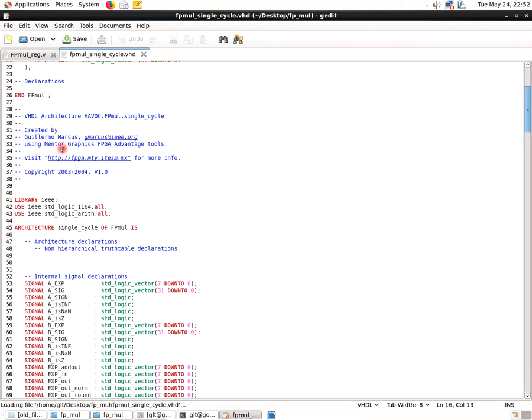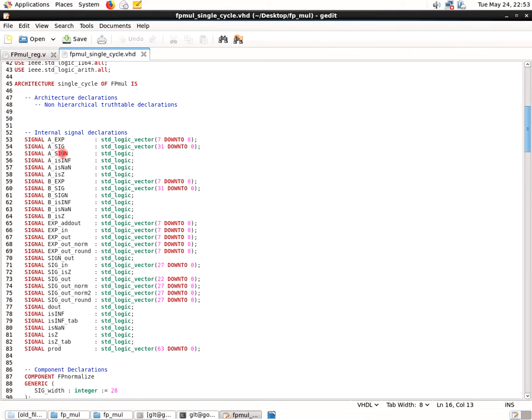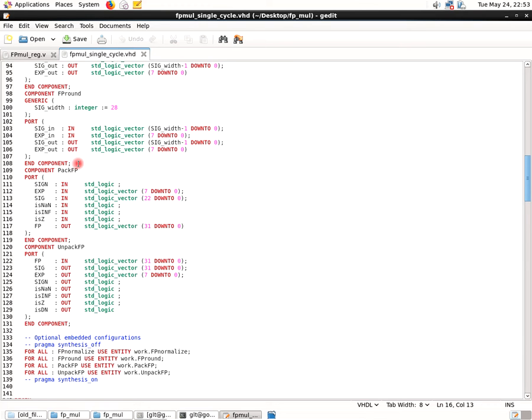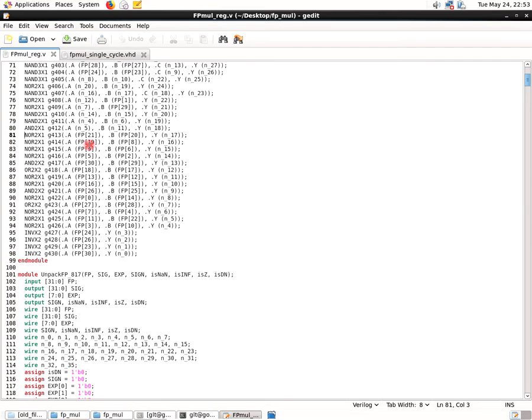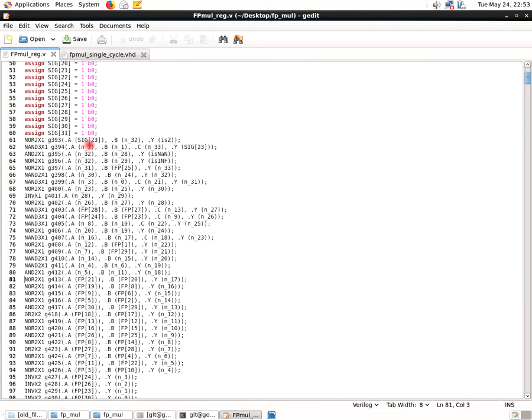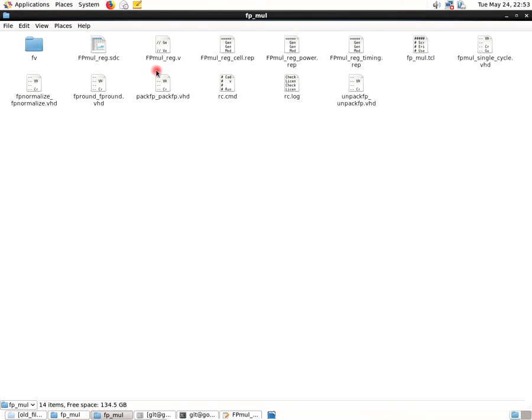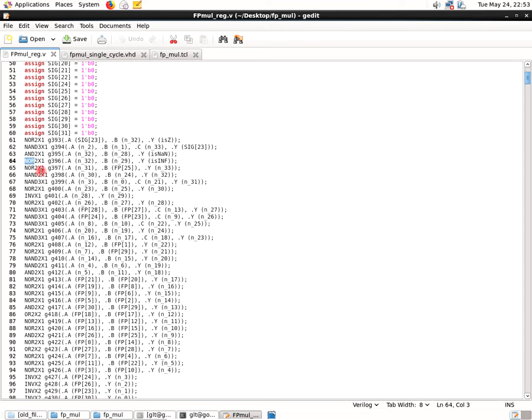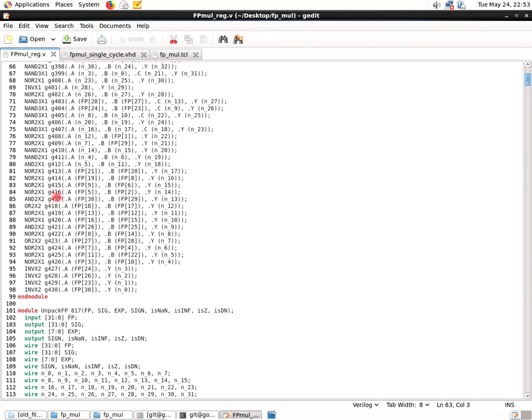See here, this particular code is written in a combination of structural and behavioral programming technique. But this particular code is fully structural, and all the instances are taken from the standard cell libraries which we have mentioned in our TCL file. That means 180 nanometer technology. So this particular cell library has these standard cells. So this is an OR gate, AND gate, XOR gates, and some other